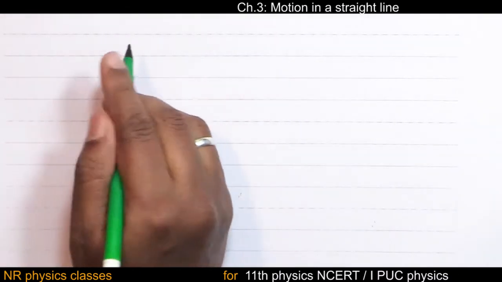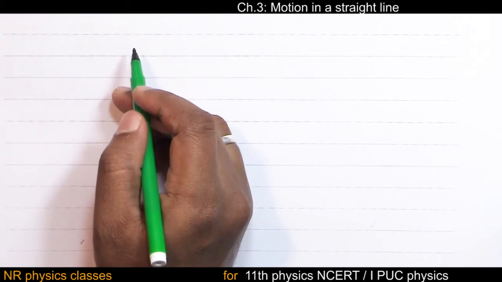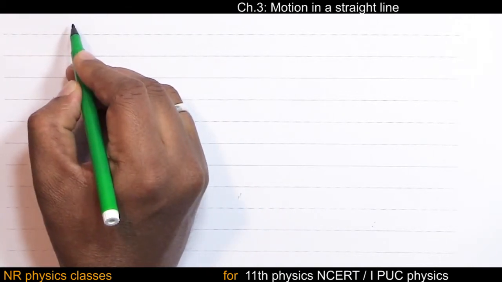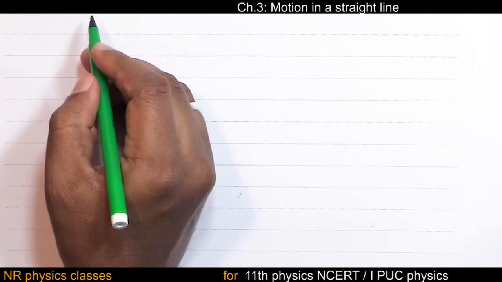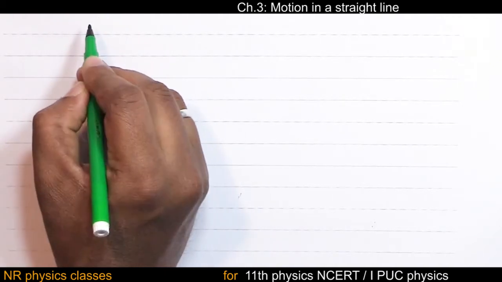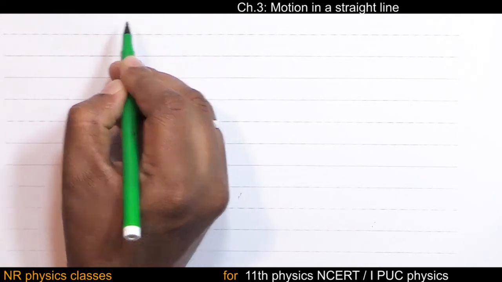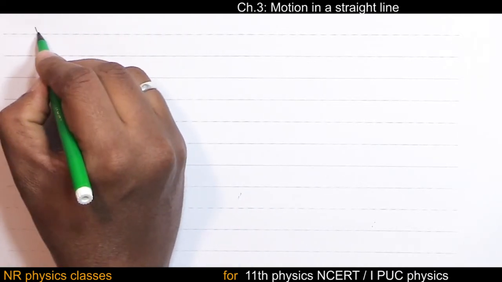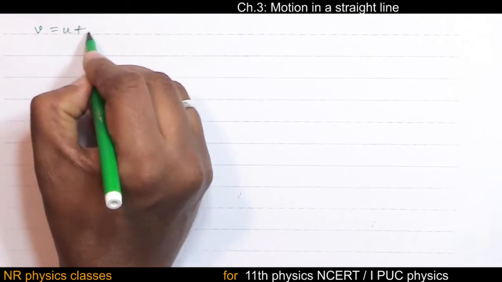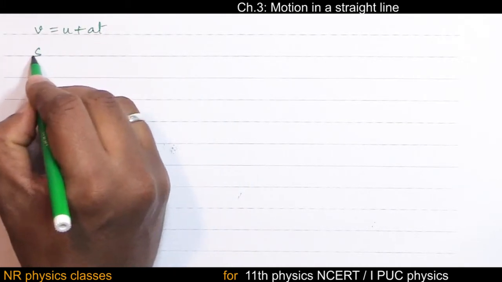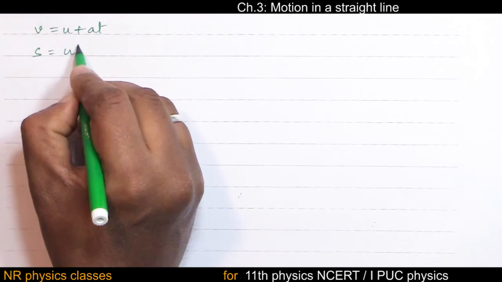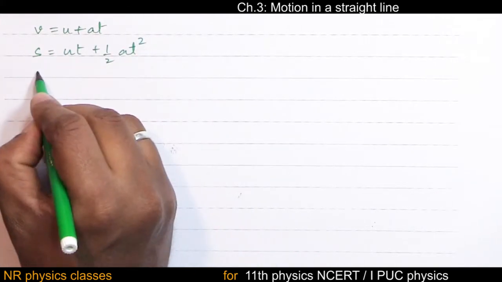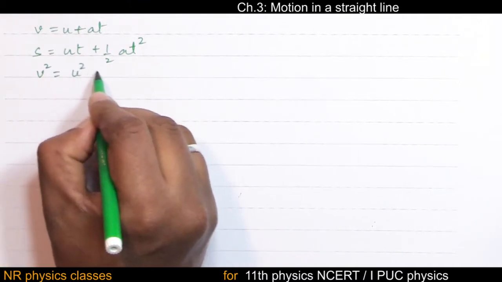In this video lecture, let us cover equations of motion. Here, equations of motion refers to equations of accelerated motion. So those equations are v equal to u plus at, s equal to ut plus half at square, and v square equal to u square plus 2as,